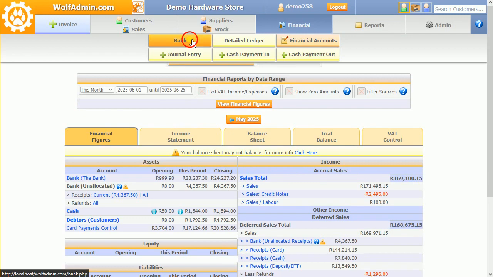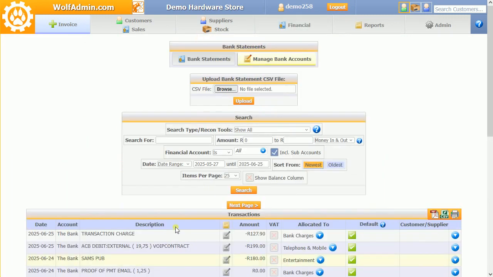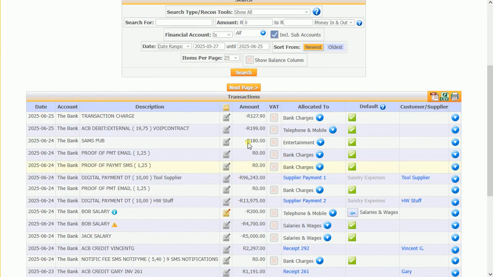I'm going to go back to the bank page and just one or two other things. If you're tax registered, then you'll have this column here that says VAT. And you'll want to tick that on transactions where there was VAT included and you can claim back. Bank charges, retail expenses, those sort of things. Obviously, salaries or